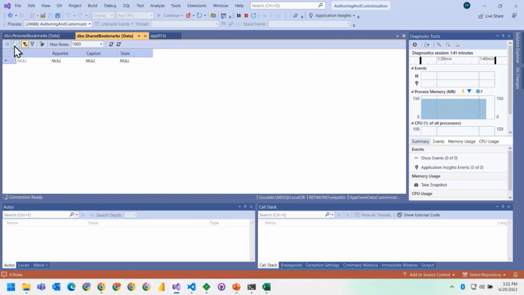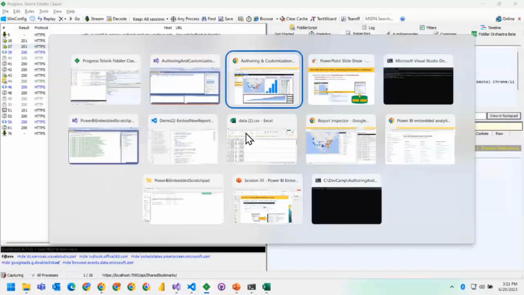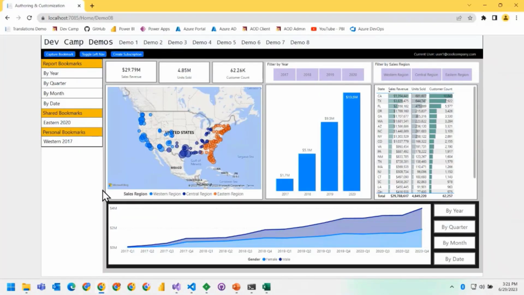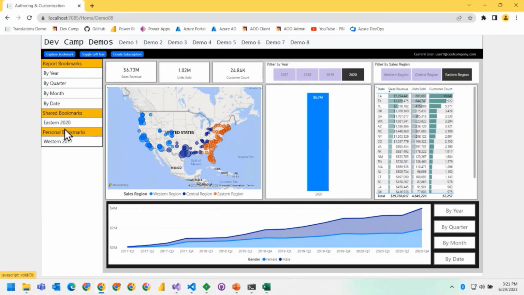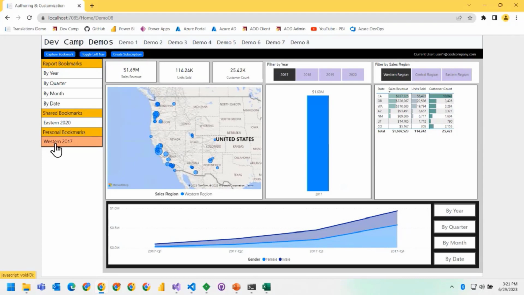There's shared bookmarks right here. Shared bookmarks are brought up for everyone, so we don't need the user ID. Personal bookmarks are just brought up for this particular user. So now what we have is this ability for users to add bookmarks just for them, and we're able to kind of add bookmarks that are also shared across all users. And, arguably, it's a complicated design. We had to add the web service in there so we can call back, but that just kind of opens